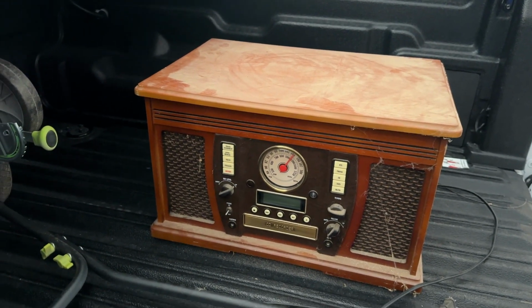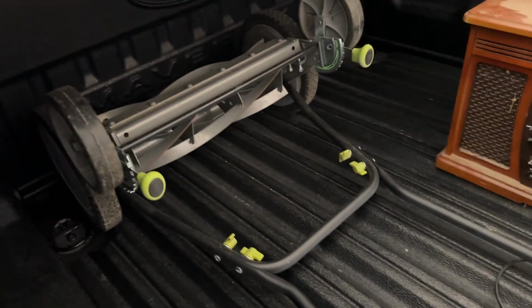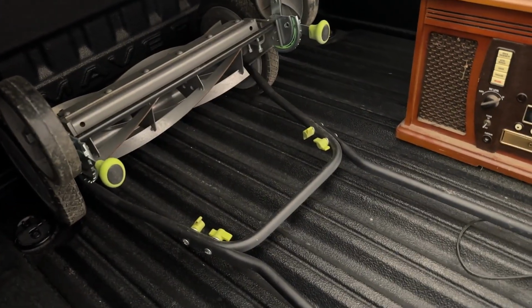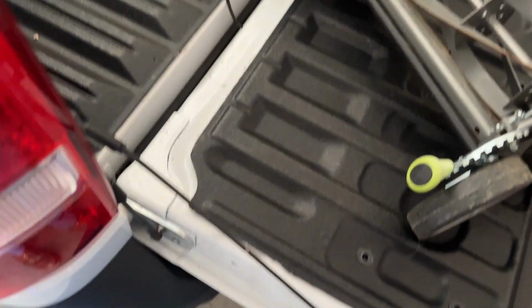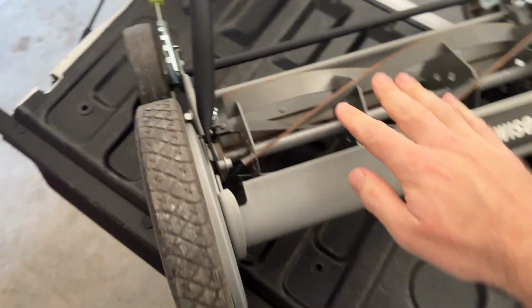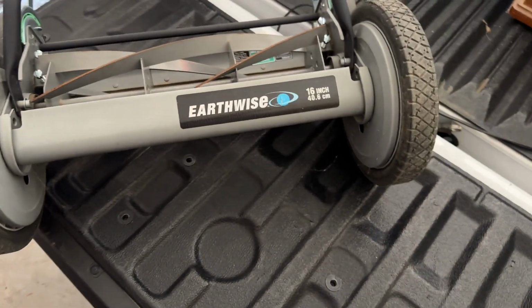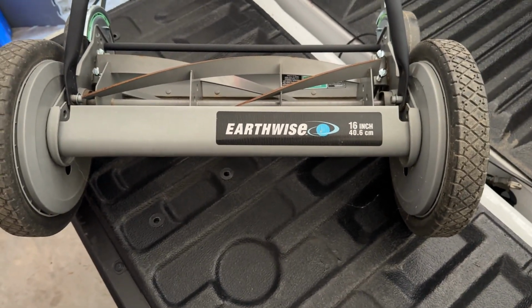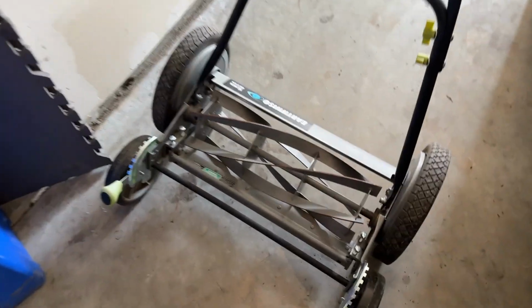I also found a manual push mower, which I've been looking for one of these for a while, and I almost bought one at one point off Marketplace. But they're not anything too special. Might need to sharpen the blade a little bit, but honestly, it's still pretty sharp. You can get these for about 50, 60 bucks brand new. And this one, as far as I know, it still works. So it does work,